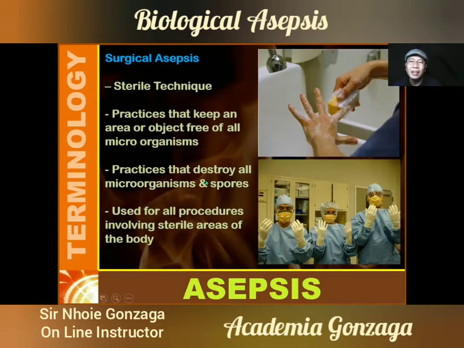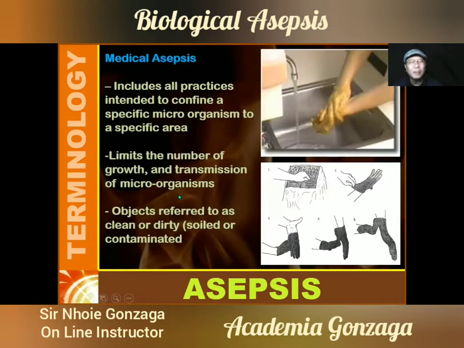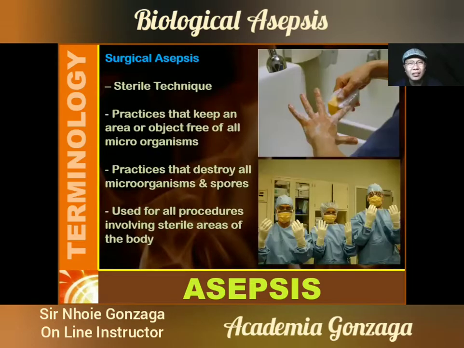You know why? Because in surgical asepsis, we are operating or doing surgery. So if we open the skin of one person and there are germs there, even in small quantities, it will surely make infection happen very fast. That's why if medical asepsis is cleaning from dirty to clean, surgical asepsis is cleaning from clean to cleaner to cleanest. So this is a preventive technique for doctors and nurses who will be opening the skin of the person.